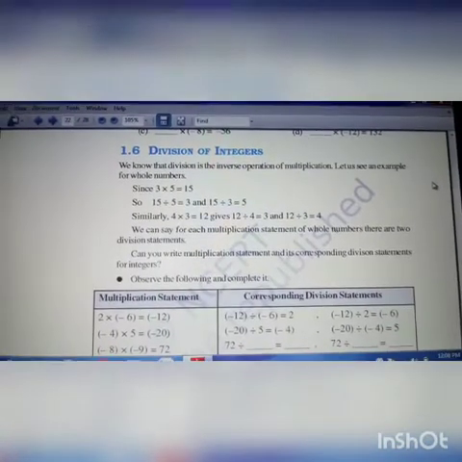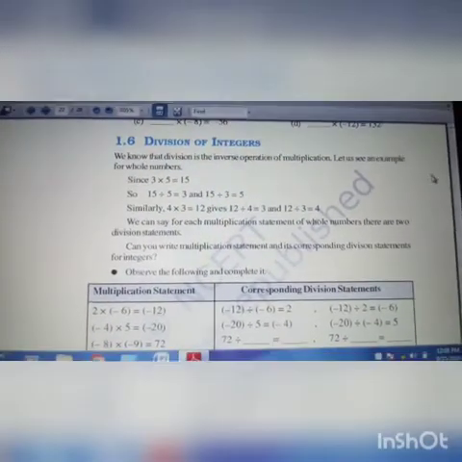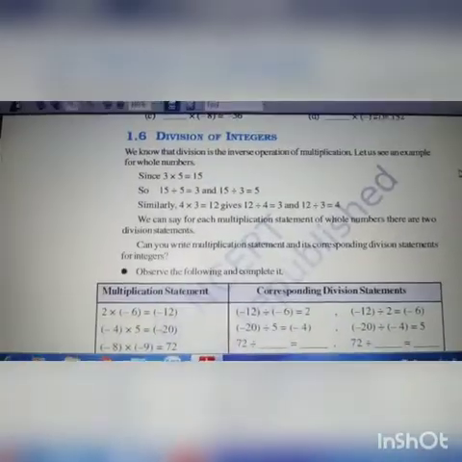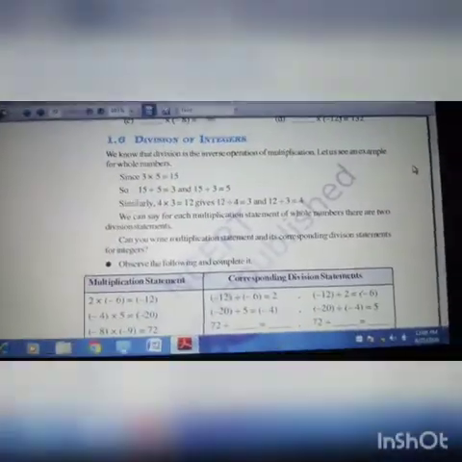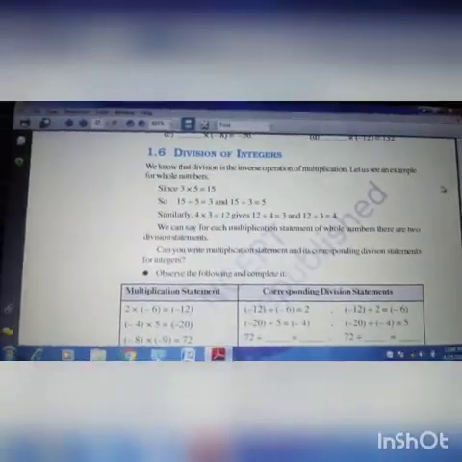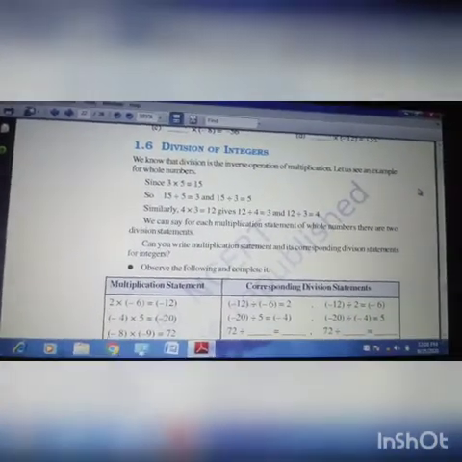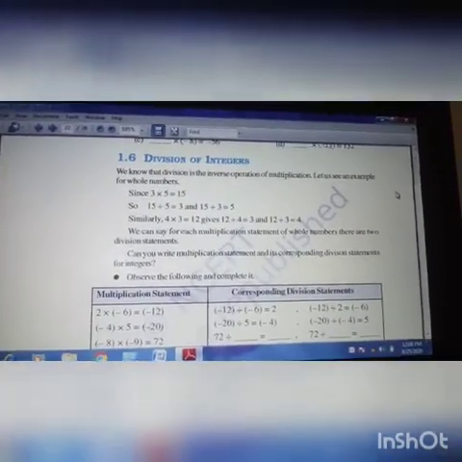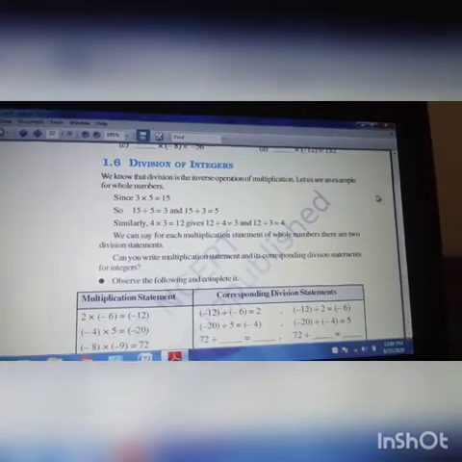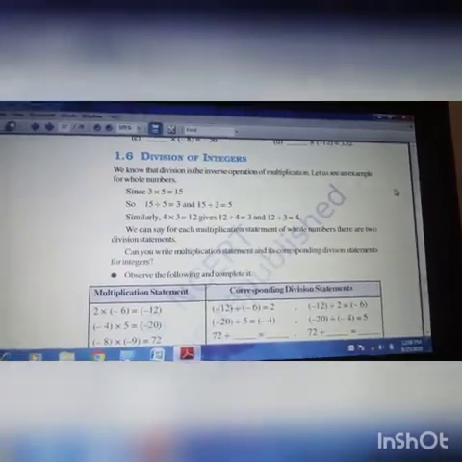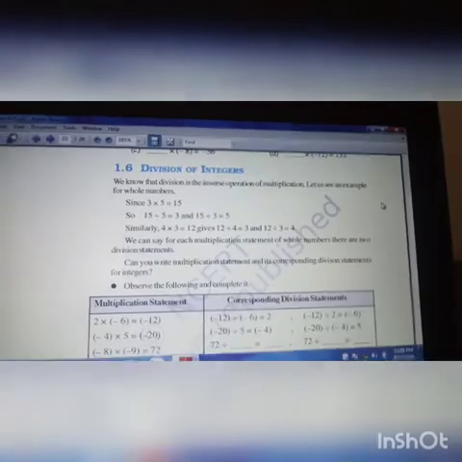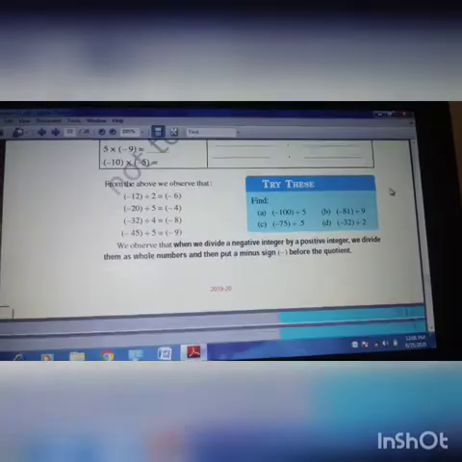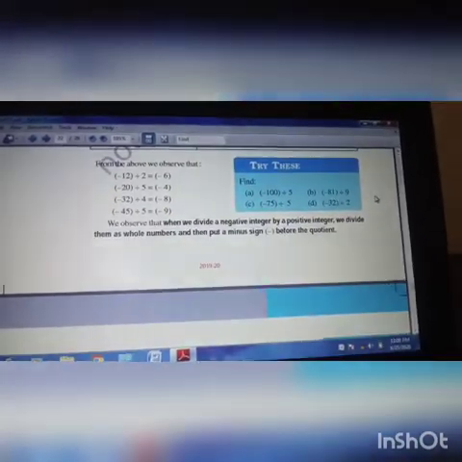Okay, we are going to revise the division of integers. What is the division of integers? What are the rules of division of integers? Actually, we have learned it, right? Plus divided by plus is plus, plus divided by minus is minus, minus divided by plus is minus, minus divided by minus is plus. Actually this division and multiplication have the same rules, but only the thing is here the division will come, there the multiplication will be there. So that is the only difference between the addition, multiplication and division.